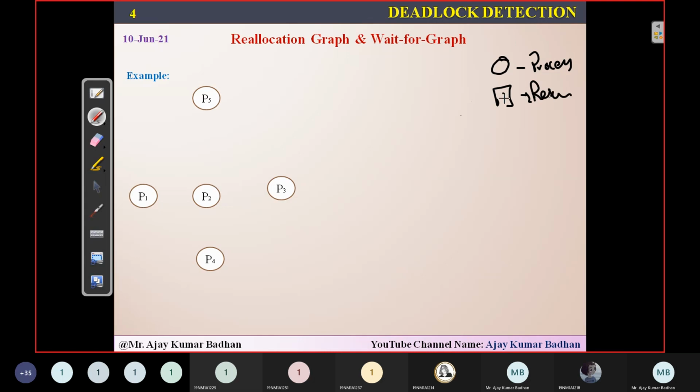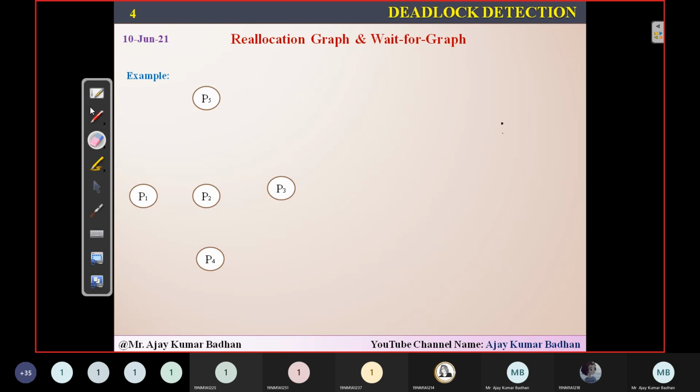And within the squares, if you have two dots, it means at a time two users can use this particular resource. So this is what we call multiple instance. Since I'm talking about single instance here, I will be having only a single dot. It represents that only one user can access this particular resource at a time. Okay. So here I'm going to represent that now.